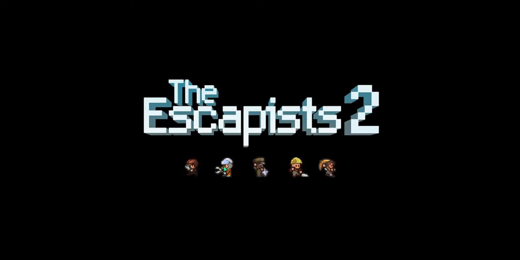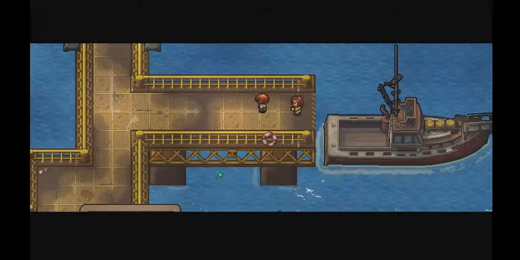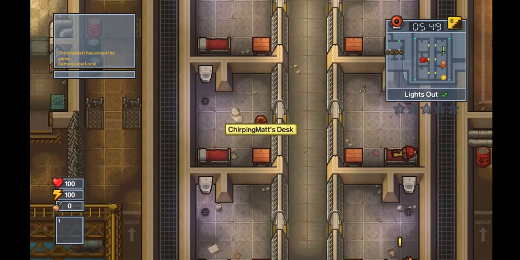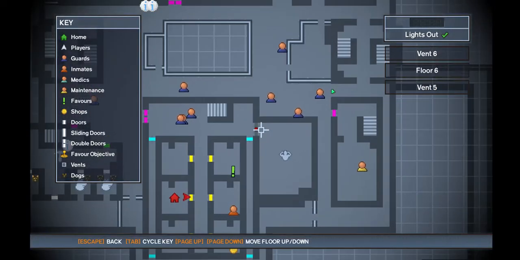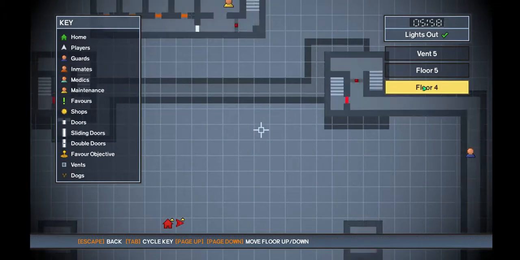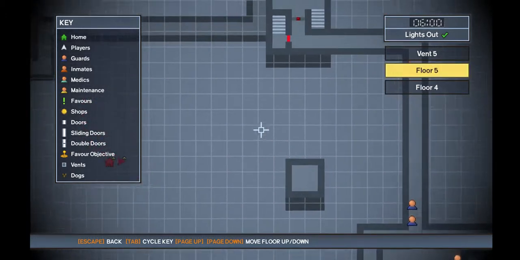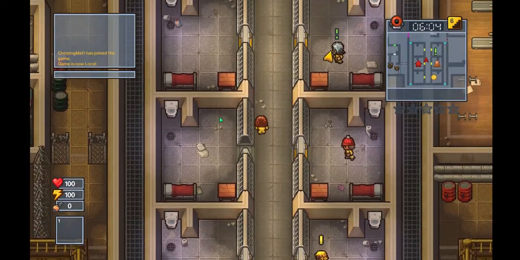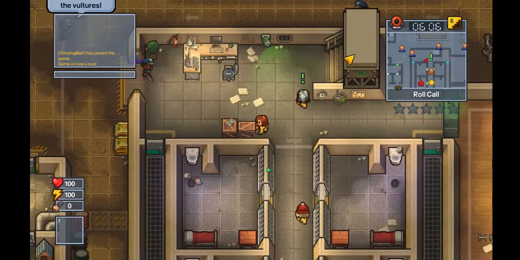So the first thing we're going to do when we load in is check our desk for weapons or health items. Okay, check desk for health. None of those are really good. We're going to look down here. We're going to pull up the map and look at where all the guards are going. We've got a red key guard going right over here. We also want to take a look at guards crossing the bridge. Okay, they started early, so... Okay. We've got a chance to do a quick...